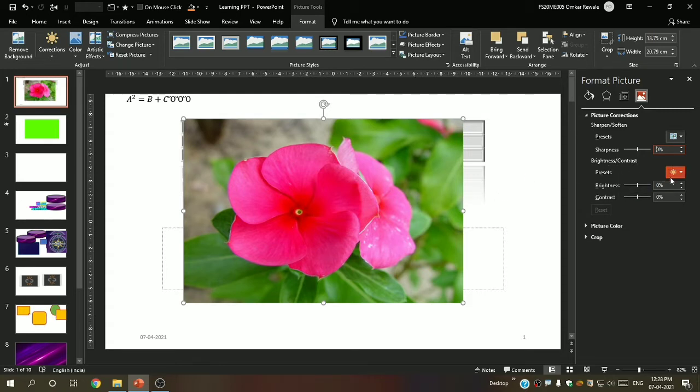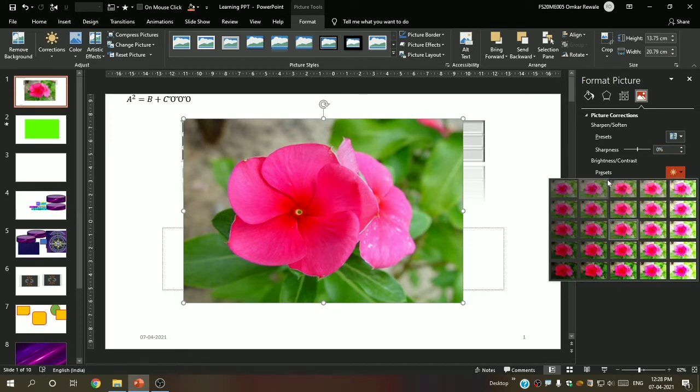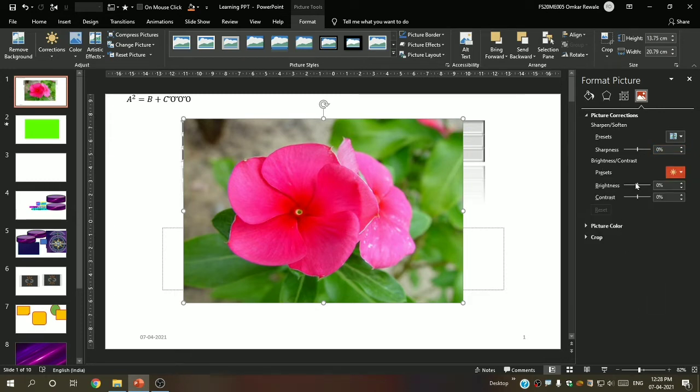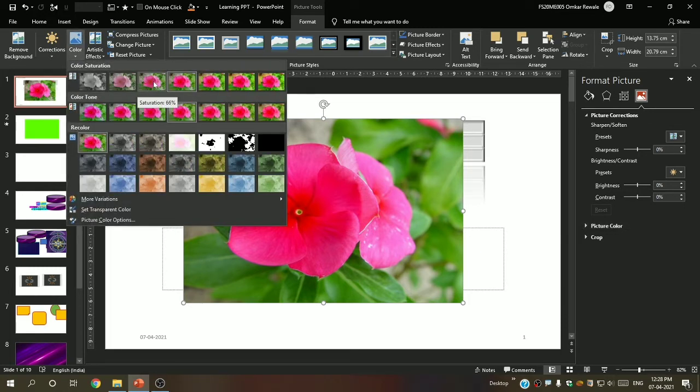Now again these are the same. These are again the presets of brightness and contrast. Picture color, we will see afterward. Now this is only the picture color. So you can see color saturation. Here are color saturations which you can apply from here, whichever you want.